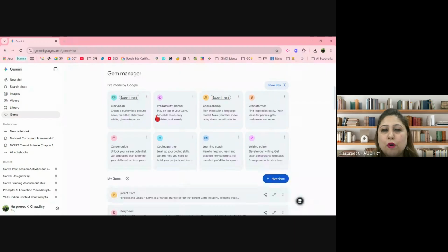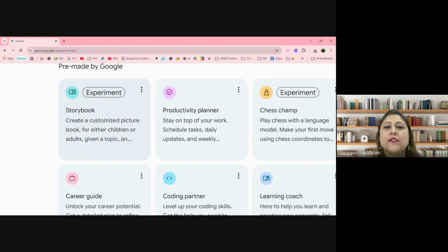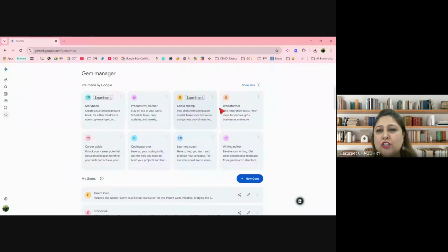So here, this is an experiment stage storybook, which you must have noticed all over your spaces on social media. People are creating storybooks. This is where they are creating them from. You've got a productivity planner. So have a look at this. You can make a copy of this and it's already there. A chess champ, a brainstormer.